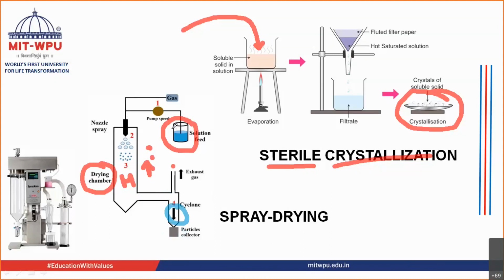So what you do is you basically prepare a solution of the drug. This solution of the drug is atomized, and this is sprayed inside. That's why it's spray drying. So you spray it inside a chamber. This chamber is the drying chamber, which has already been heated. The atomized particles lose their water. This water gets exhausted, it is removed, and after the water is removed, what you get is the fine particles. These fine particles are packed inside your vials, which can be further reconstituted and given to the patient.